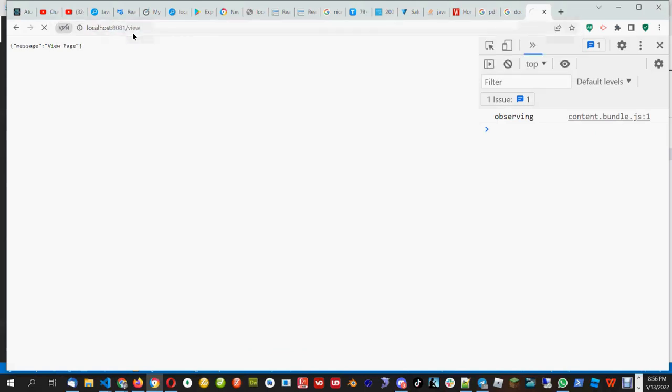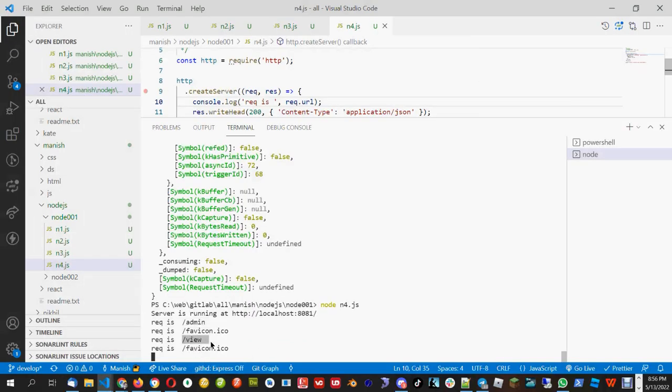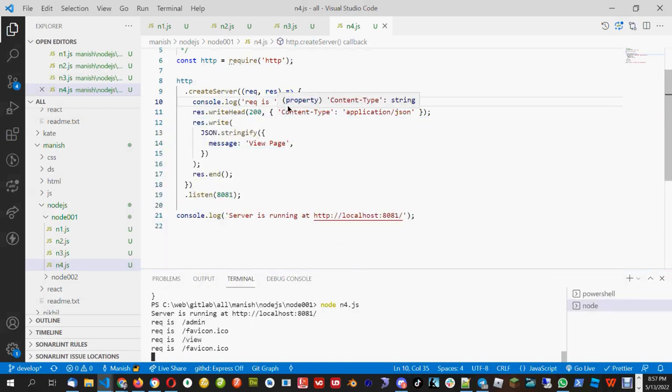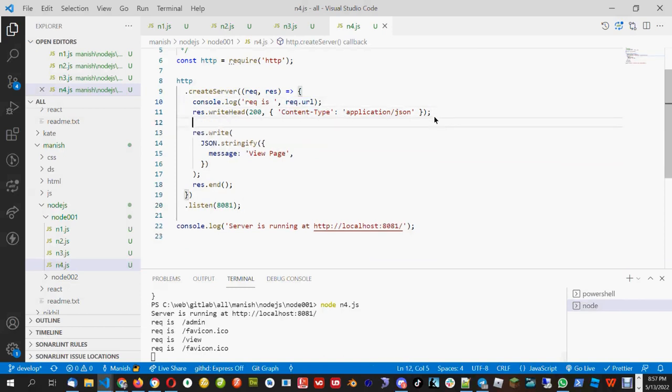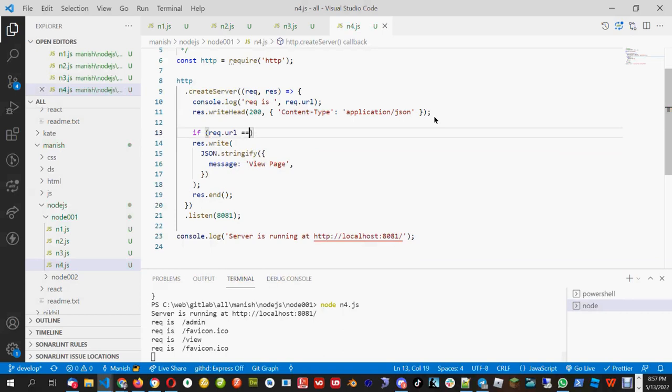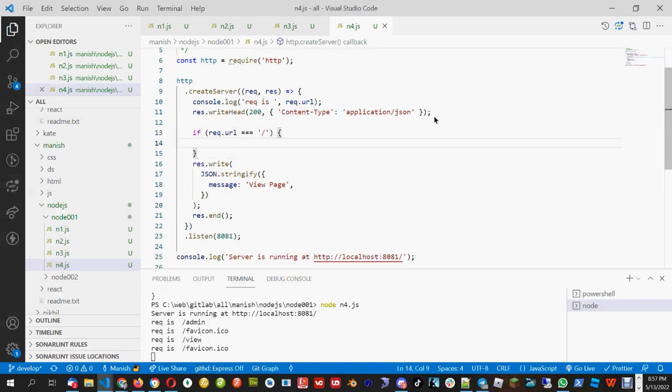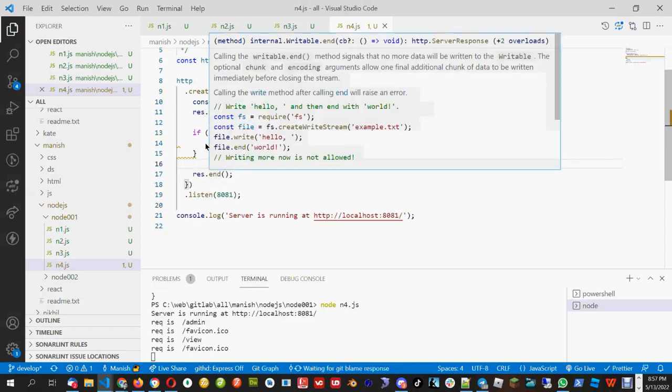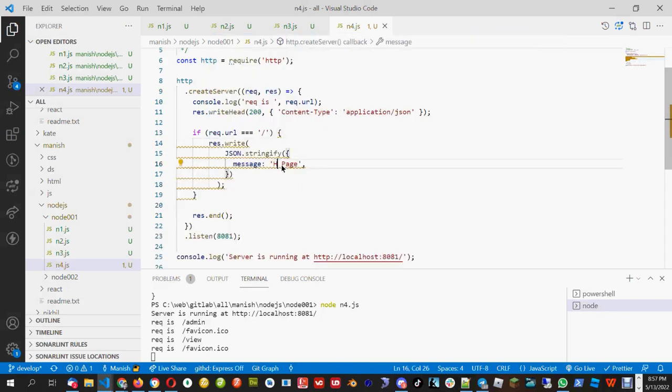So let's try to change it to view now. If I put view, I also get view and favicon. Forget about this favicon now. We are only concerned with the view one. So what I will do in the request.url, we can check. We will check if request.url is equal to slash, then I will do this part. I will put it here, that home page,